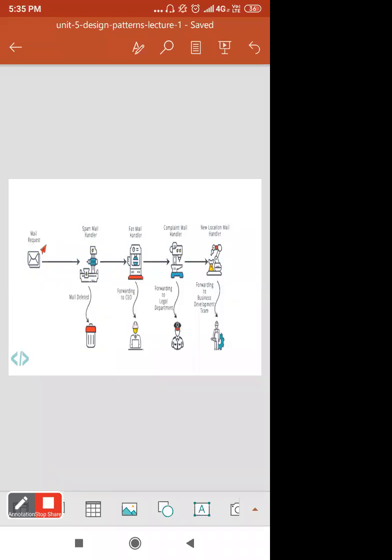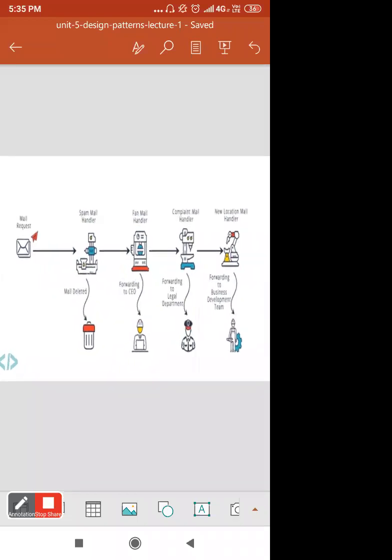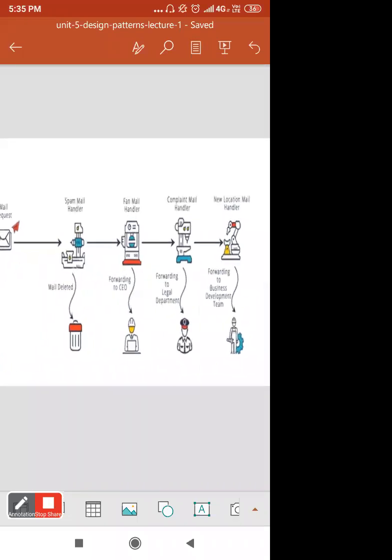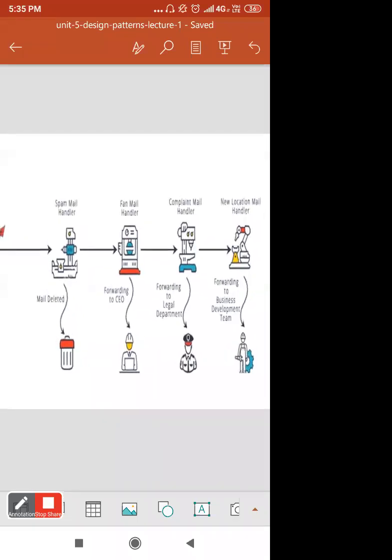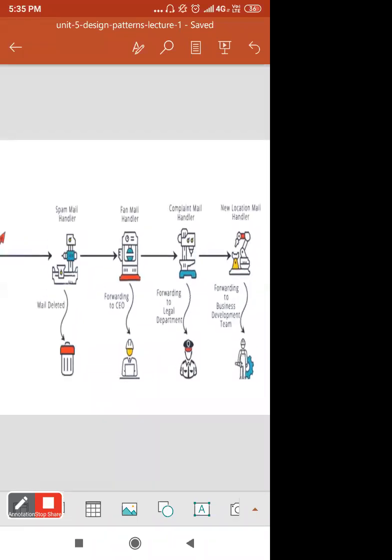It is given here with the best example of a mail request. We have different handlers here, which you can also call receivers. Every handler has its particular responsibility. If the mail request goes to the spam mail handler, it will automatically get deleted.